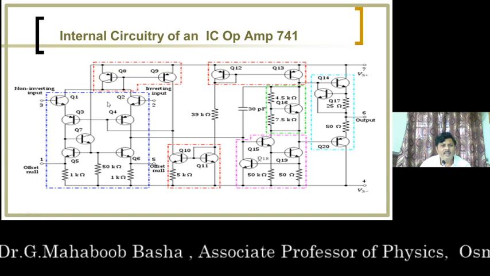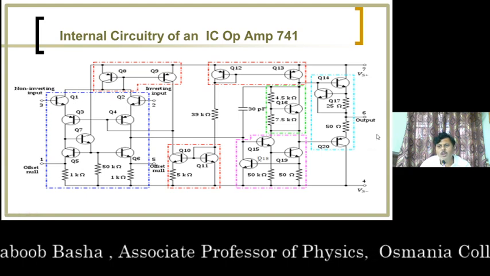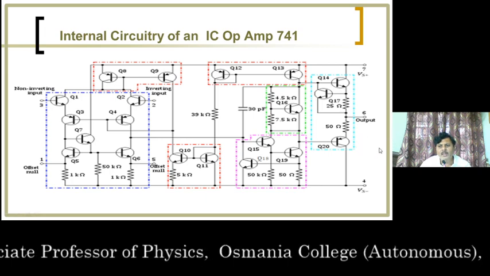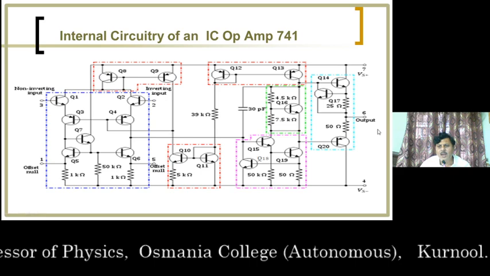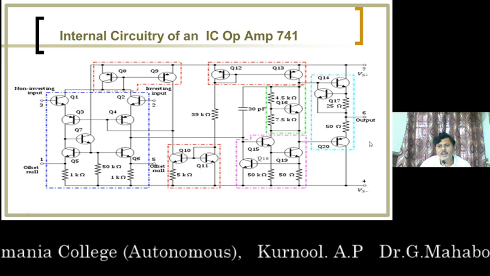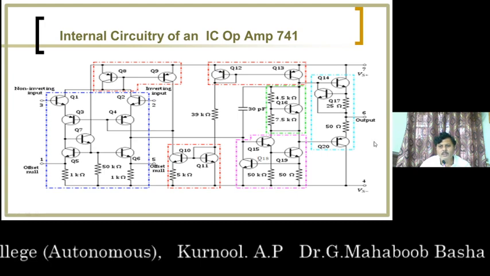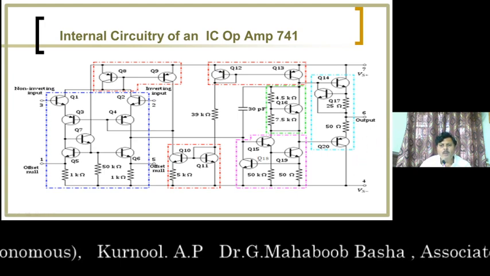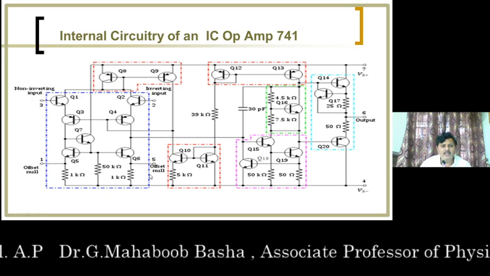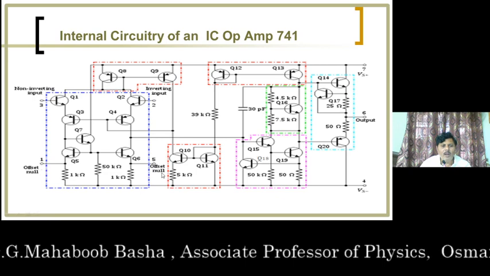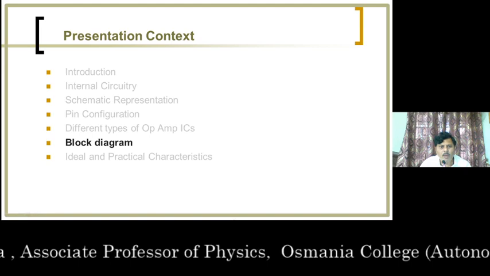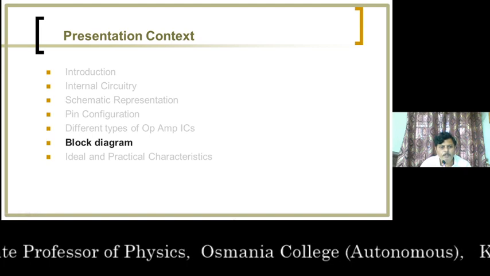Because of this leakage current, some output is available at the output. This voltage is called output offset voltage. Actually, this voltage is error voltage, unwanted voltage. That voltage may be in the range of minus 180 millivolts to plus 180 millivolts. Now, to make this output offset voltage 0, we should apply some input voltage, called input offset voltage, between 1 and 5. Next we will see the block diagram of an op amp.